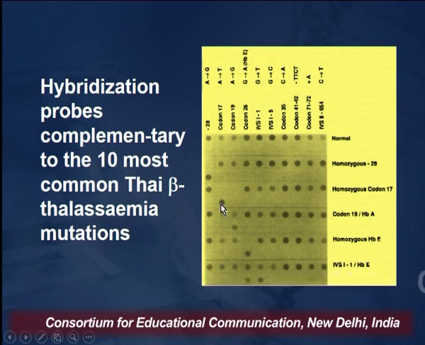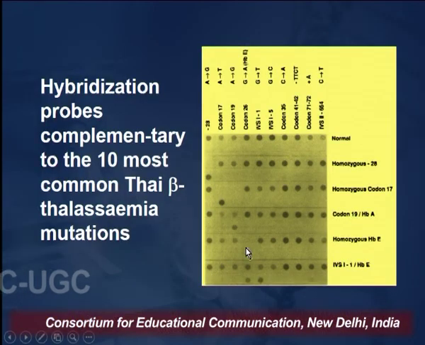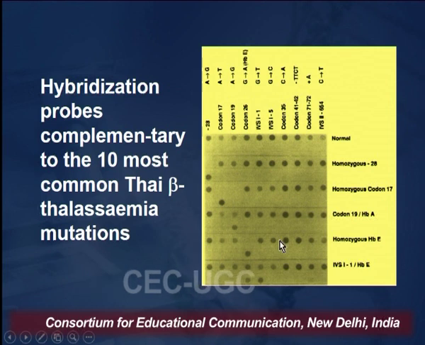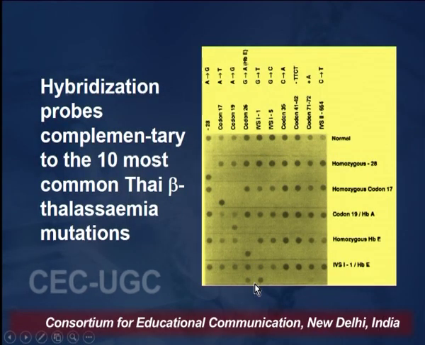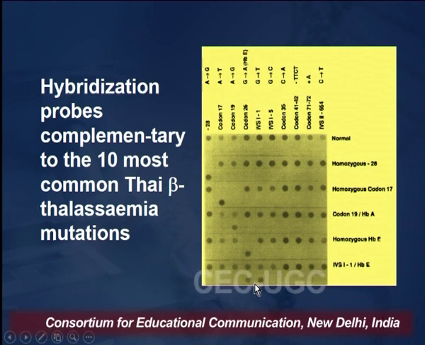Again, you can see that this mutation is present in this individual, while at all other alleles it is normal. Similarly, in this, all the alleles are normal, but this is the mutant allele. All the alleles are normal, but this mutant allele. In here, there are signals for the normal as well as the mutant allele for these two. What does it interpret? That this particular patient is heterozygote or carrier for these two mutations, because it is carrying one normal allele and one mutated allele. These dot blots are very, very important,